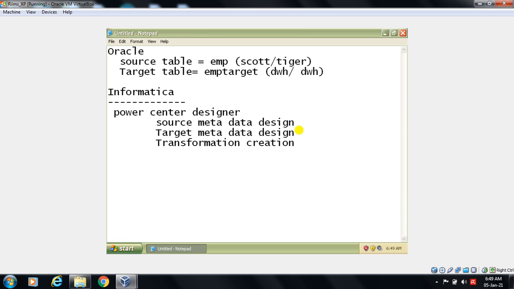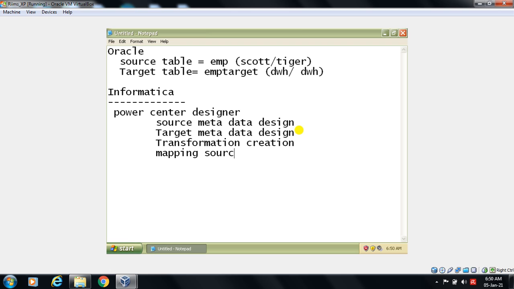Here, for the transformation, we can use a filter transformation. In this experiment I will tell you how to create a filter transformation. Router, joiner, lookup: there are different transformations in Informatica. Based on your situation we have to use the related transformation. Then after creating the transformation, connect the mapping: